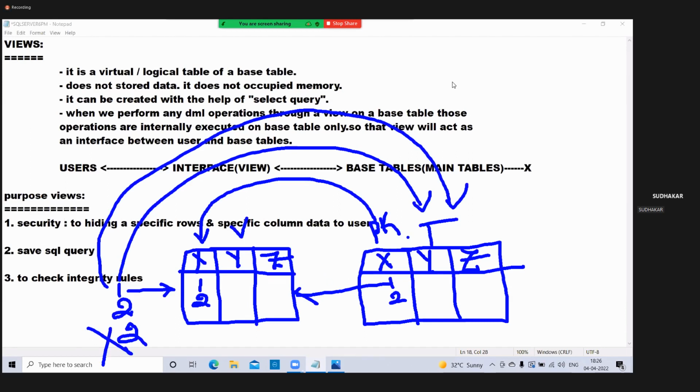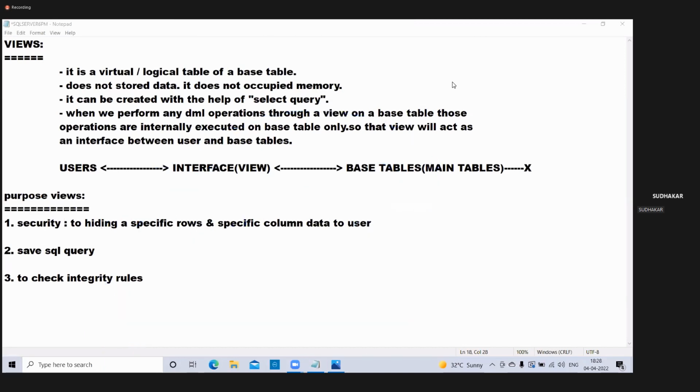Why is it not allowed? Because your table's X column is a primary key, and a primary key column is not allowed to have duplicate values. So when you insert data through a view on a base table, and your base table has some integrity rules, those rules immediately apply on your view and the data will not be allowed. So this kind of integrity rule we can also check while sending the data through an interface that is called a view. And the next one is, guys,